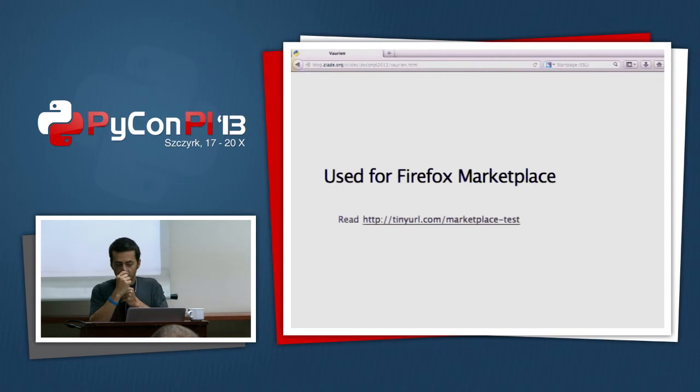We used Vaurien for Firefox Marketplace, which is the marketplace you can use with the Firefox OS phone, because it's a huge Django application that has many backends, and we wanted to make sure that it was working well.